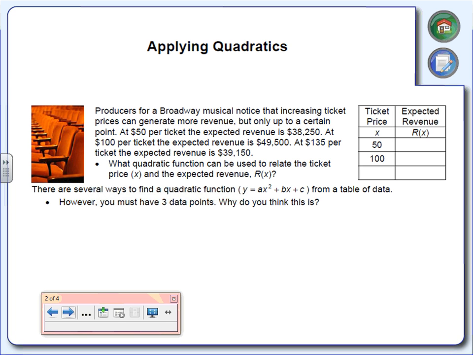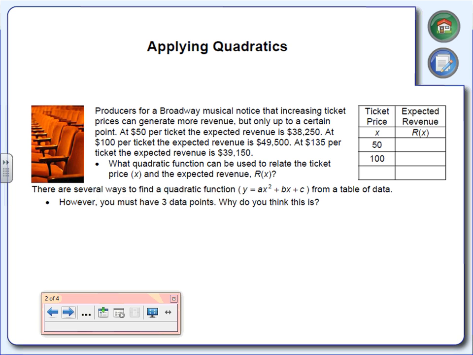All right, so on here we got applying quadratics. It says that producers for a Broadway musical notice that increasing the ticket price can generate more revenue. It makes more sense. You charge more for the tickets, you're going to make more money. But only to a certain point. At $50 per ticket, they expect revenues to be about $38,250. That's if they charge $50 per ticket. At $100 per ticket, the expected revenue is $49,500. So if they charge $100 for the tickets, they plan on making $49,500. If they charge $135 per ticket, they expect the revenue to be around